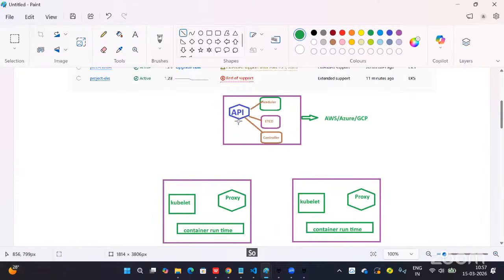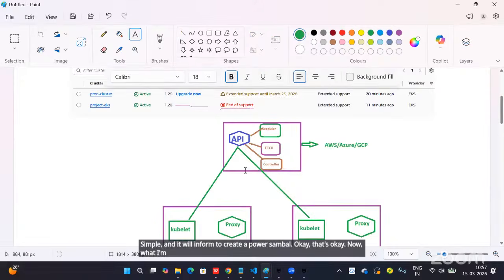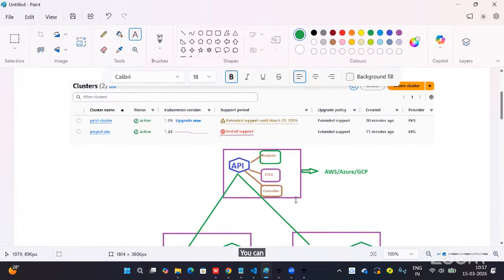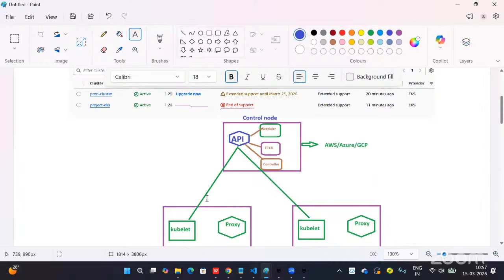So now this control plane interacts with the kubelet, simple, and it will inform it to create pods and all. Okay, that's okay. Now, you can represent this as the control plane, guys. Control node or control plane, you can call it. And these are the worker nodes.